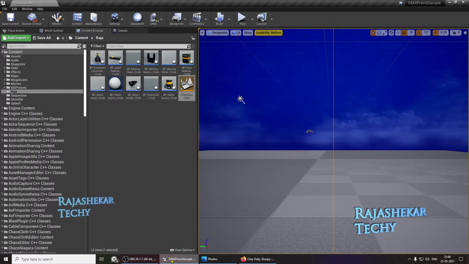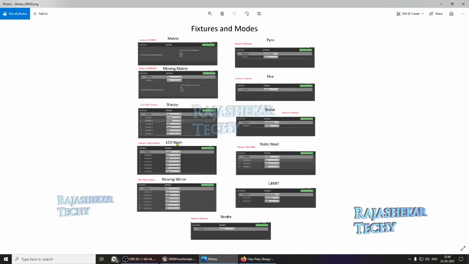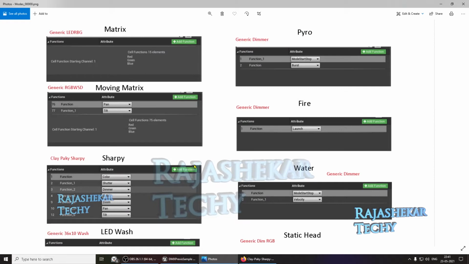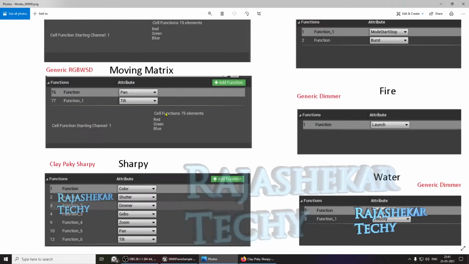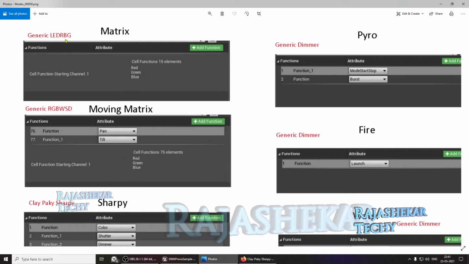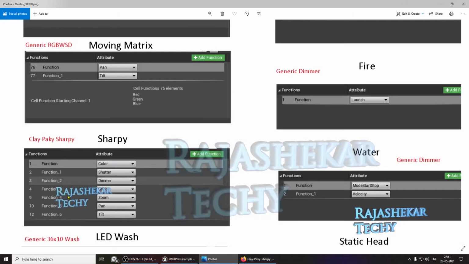So let's get started. Before we start, I've prepared a picture, like a schematic diagram, which shows information about all the fixtures and their corresponding modes which need to be used within Unreal Engine. On the screen, the red color text which you're seeing are the lights which you need to choose in the ChamSys program. Not necessarily that you need to choose only those lights. If you're familiar with any other manufacturer's lights, you can go for any one. Please make sure the modes of the function and the index number exactly match as given in the manufacturer document of any light for ChamSys to work properly.